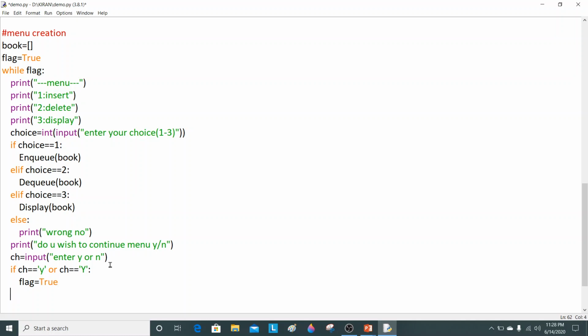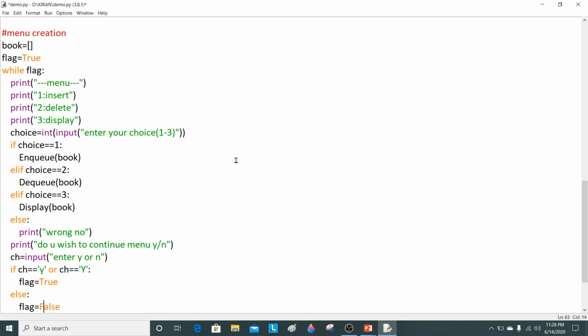Otherwise, if this condition is false, means the user has entered any character other than Y, then the value of flag should be set to False. True and False are keywords. So remember, T and F should be capital.